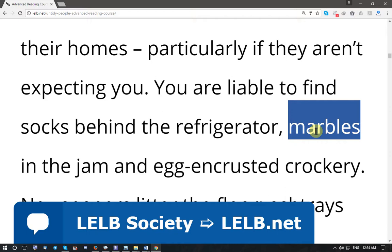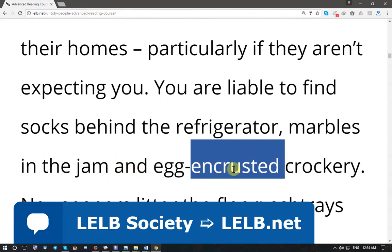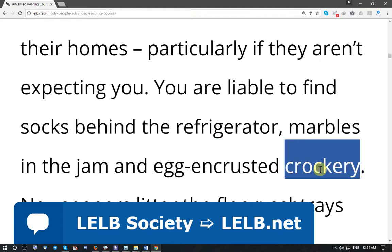In the jar, some food that usually you eat with butter in the morning in your breakfast. And egg-encrusted crockery. Encrust means to create a layer of something. It means that crockery refers to plates, dishes,